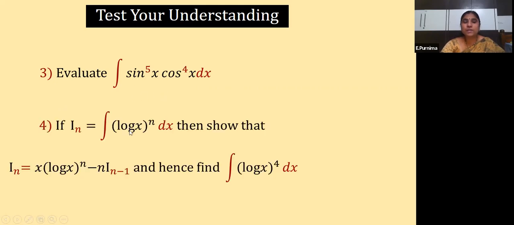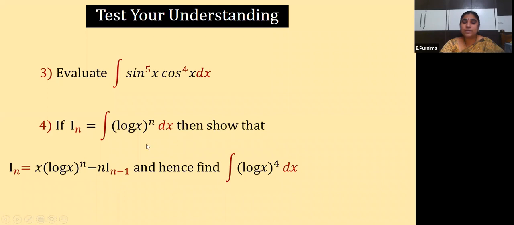Next one is if I n is equal to integral of log x to the power of n, then show that I n is equal to x log x to the power of n minus n into I n minus 1. So here also log x whole to the power of n is there. So whenever you have a log function, you should take it as into 1. That already you know in integration, the starting classes only we did that. So into 1 we can take, children. So it is considered a logarithmic function. So it should be considered as u and 1 should be taken as v. So based on that u into v formula, do the sum.